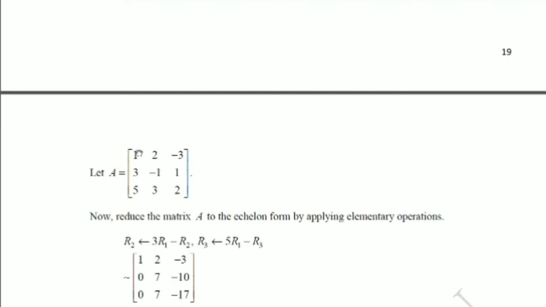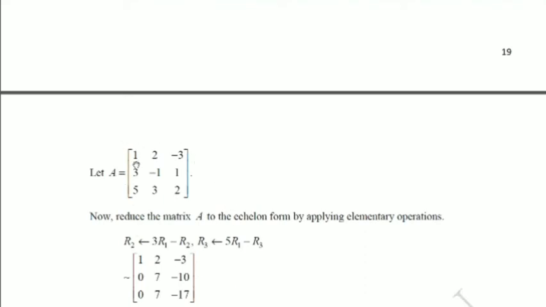Yes, multiply row 1 by 3, so that you get 3r1 minus r2. So 3 into 1, 3, minus the corresponding r2 entry which is 3. So 3 minus 3 becomes 0. Now similarly, if you want to make 5 0, multiply the first row by 5. That gives you 5 into 1 is 5, minus r3, and store it in r3. So whenever you have to make these two 0, you will use row 1 only.